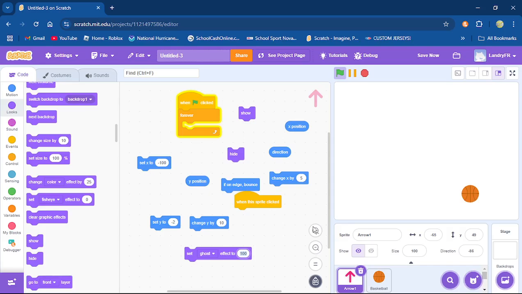All right, so just so you know that. Anywhere in between 100 and 0 is going to look like it's ghosted. You can see through it a little bit. And if I was to bring that graphic over here on top of the ball, you'll be able to see through it to the ball. So I use the ghost effect for menus that I want on top of something, but I want to still be able to see through the menu a little bit to see what's beyond it. I'll use the ghost effect. All right, and you might as well.